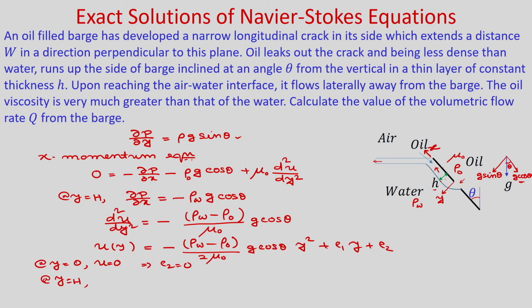you can see here it is written that the oil viscosity is very much greater than that of the water. Okay. So, using that, and at the interface obviously the shear stress du by dy will be 0. Okay. That we have already discussed earlier. So, du by dy is 0. So, C1 you will get (rho w minus rho o) divided by mu naught g cos theta into small h